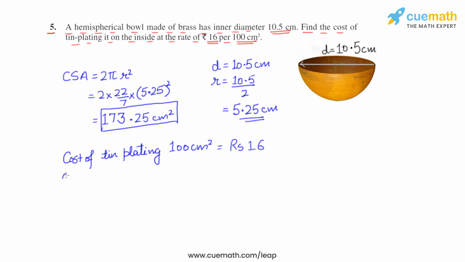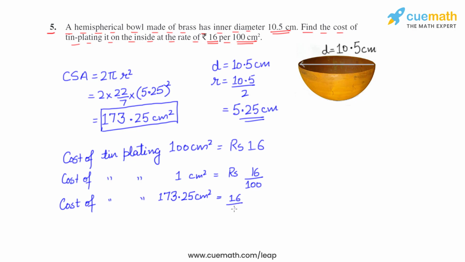It means the cost of tin plating 1 square centimeter will be rupees 16 by 100, and it means the cost of tin plating 173.25 square centimeters of area will be 16 by 100 multiplied by